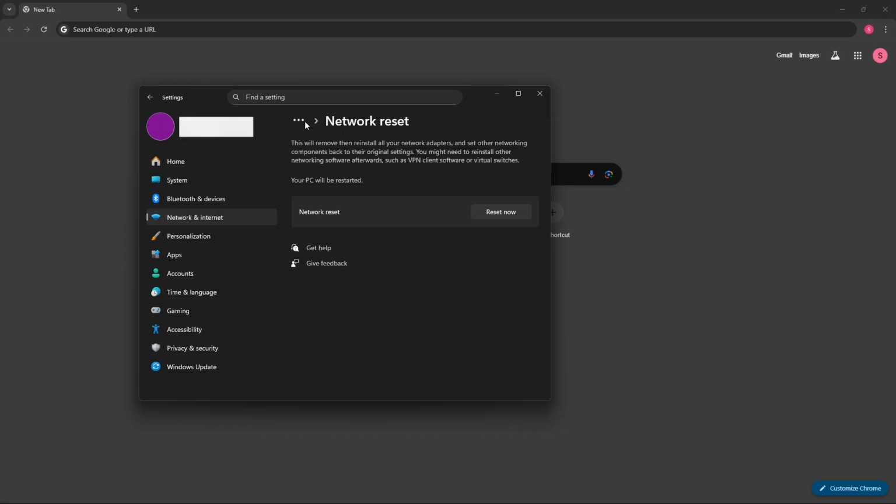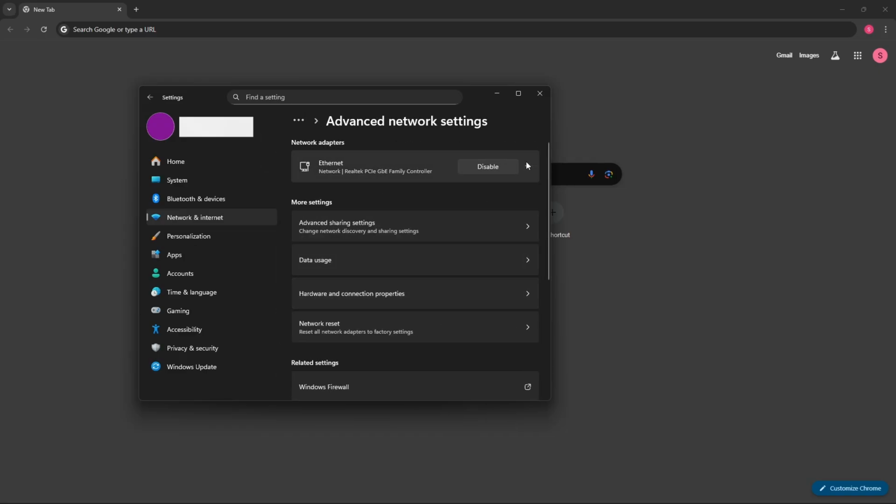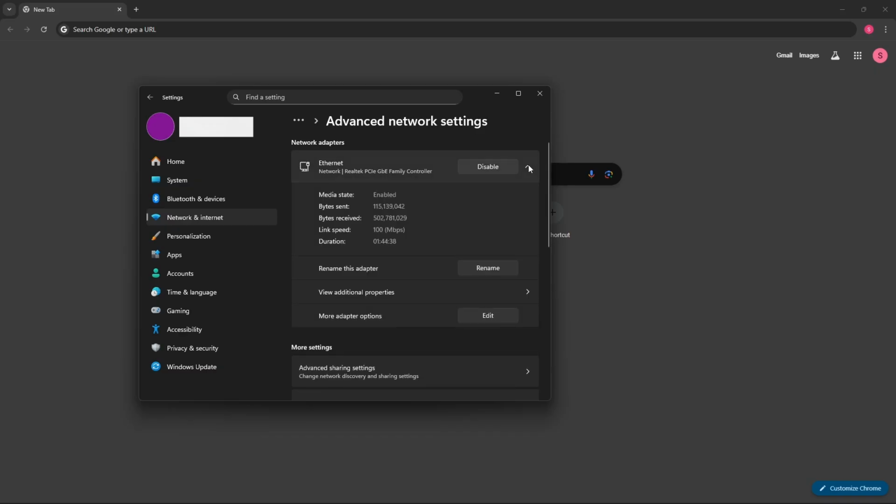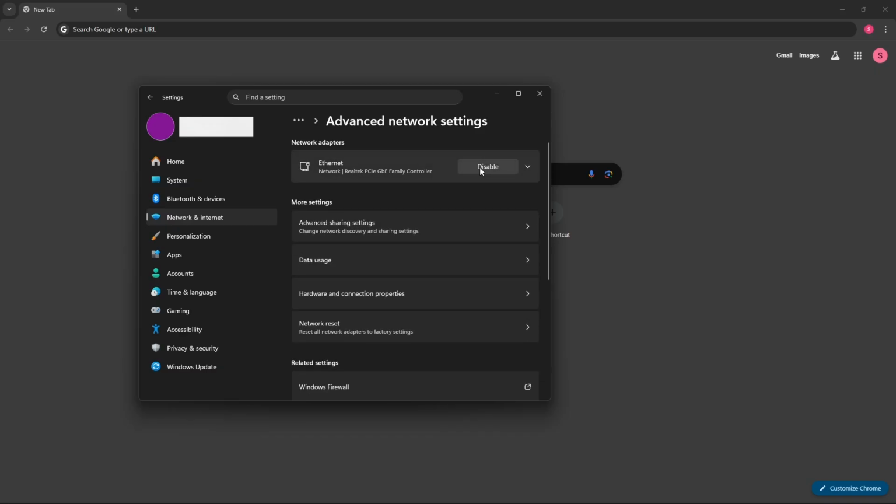Now, if it doesn't work, you could just simply go back to advanced network settings. You would just simply go ahead and go for the Ethernet over here and just simply select disable. And now, once you have done that, you could just simply enable it back in, and mostly this kind of